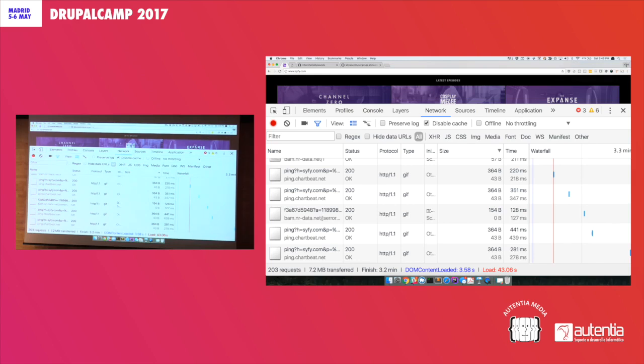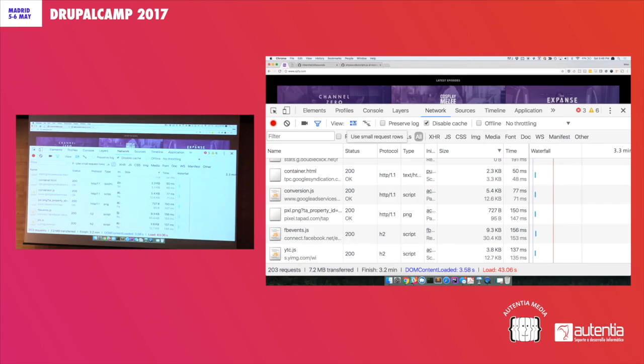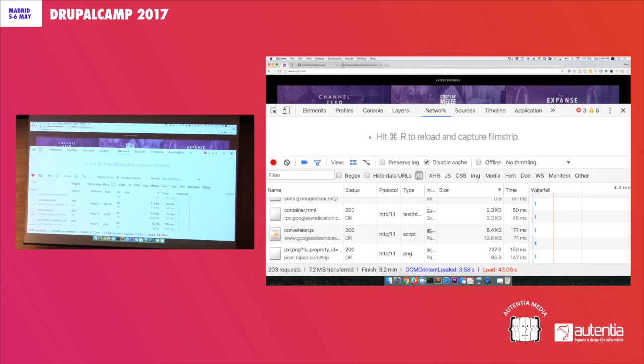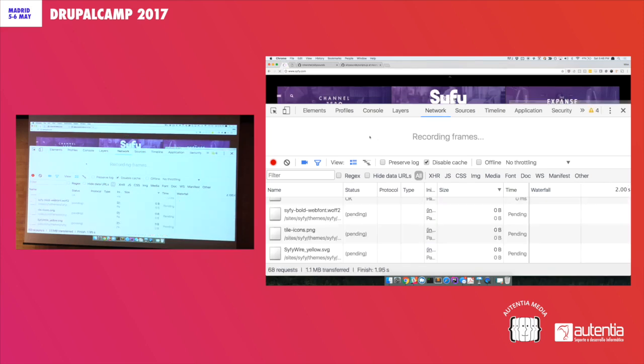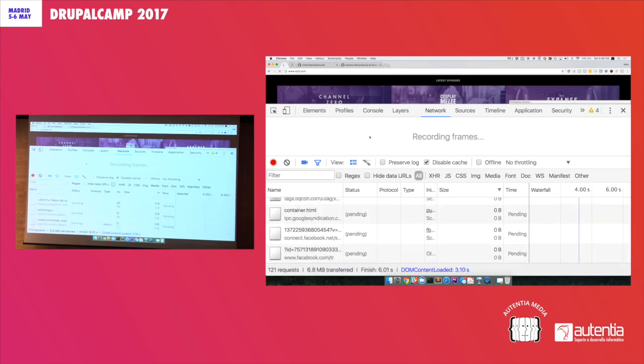So you can check, it'll preserve your HTTP redirects in there. So what else are we going to do here? So you have the film strip. The film strip view is very useful because it shows when your first paint is. So I'm going to refresh this again, and it'll show a little film strip up here